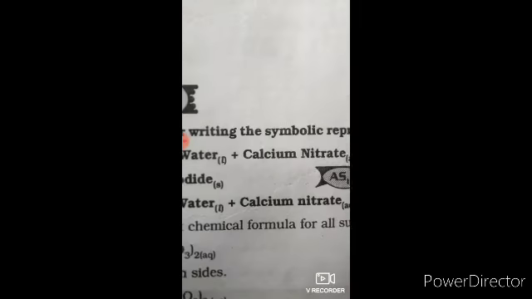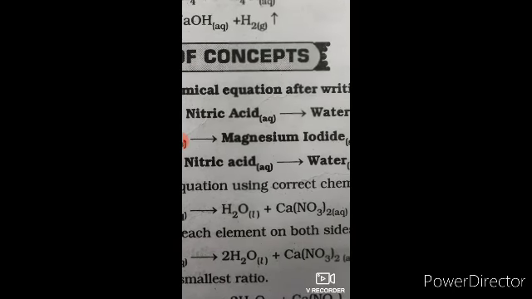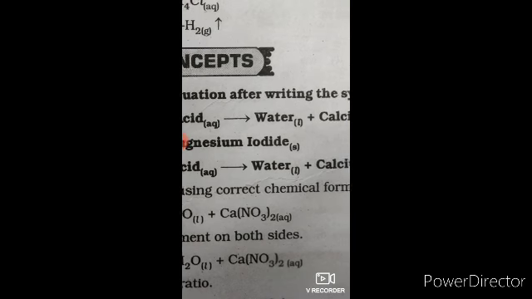So you have to write this like Ca(OH)2 plus 2 HNO3, nitric acid, gives rise to water and calcium nitrate. So these are the related questions to the exam pattern. You have to learn these chemical equations in words and in shortest form, in formulas also. So carefully learn.